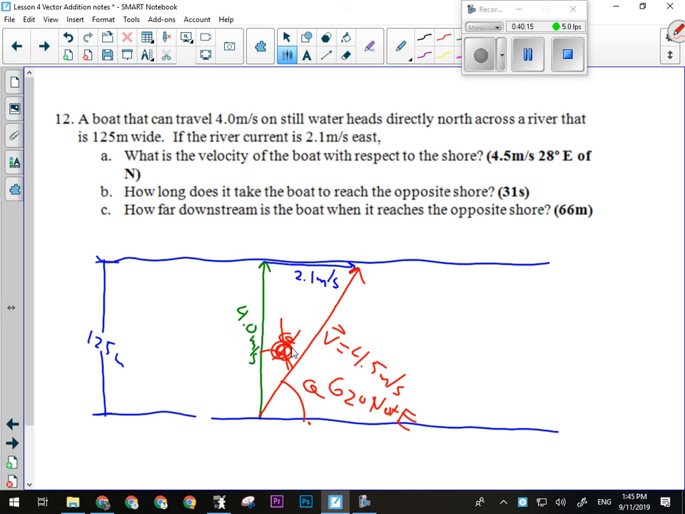Okay, so how long does it take the boat to reach the opposite shore? Well, it's 125 meters across. How fast am I going across? 4 meters per second. Not this speed. This is the most common mistake, is people use this speed when it doesn't point across. It points across and down, and that's different. Okay, I can only use numbers that are parallel to each other when I'm doing a V equals D over